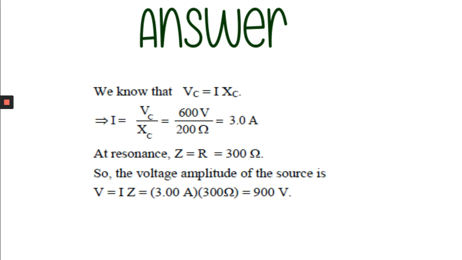So this is all about chapter 31, that is alternating current. We have discussed the basic ideas of alternating current, phasor diagram, circuits containing reactance, that means circuits containing inductor, capacitor and resistor, then the LRC series circuit, the power in the LRC series circuit and the resonance in the LRC series circuit. This is the completion of chapter 31.